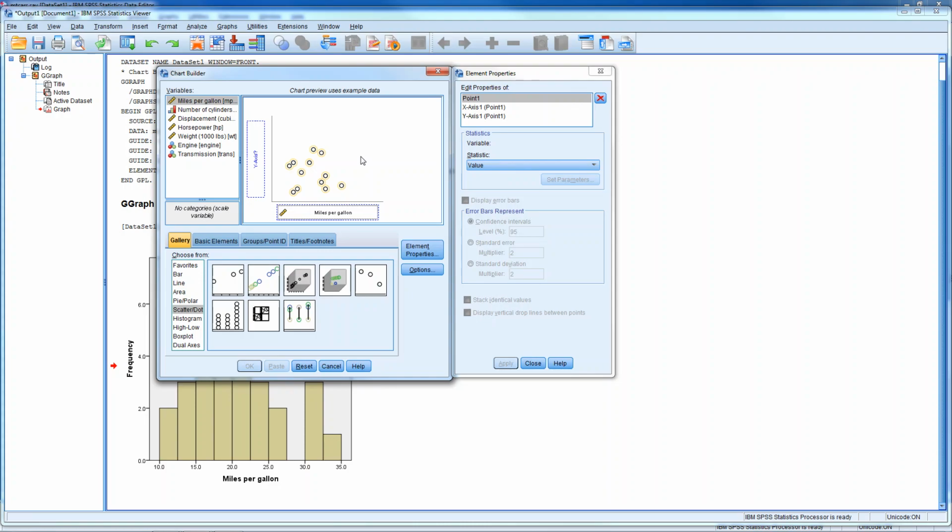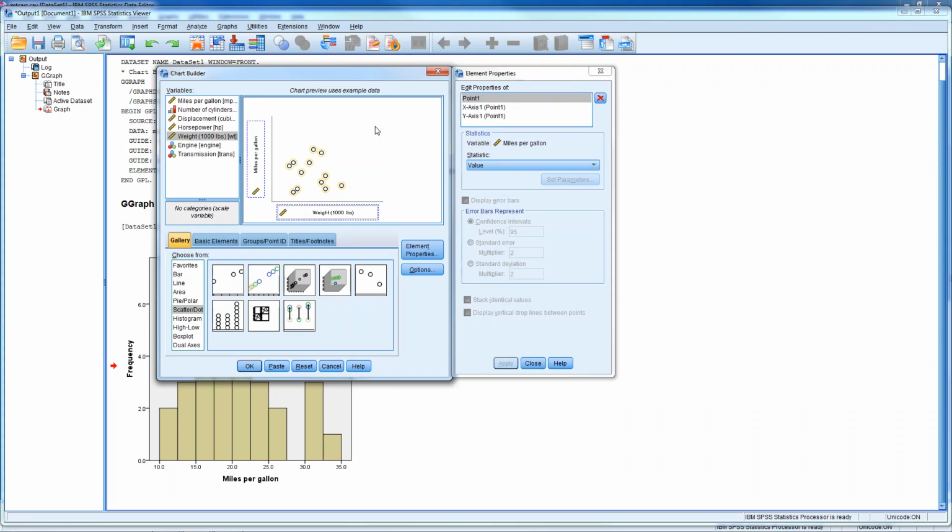So if you have other variables you need to add, you just drag those variables where they need to go, like we did earlier for miles per gallon. I actually want miles per gallon on the y-axis, so I'm going to drag that to the y-axis, and then I want to see how weight influences miles per gallon. So I'll take weight and drag that to the x-axis, and now we're going to get a scatter plot with